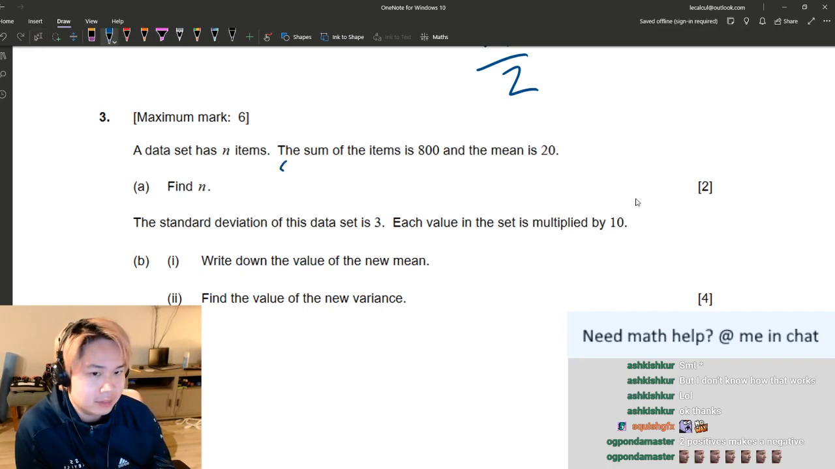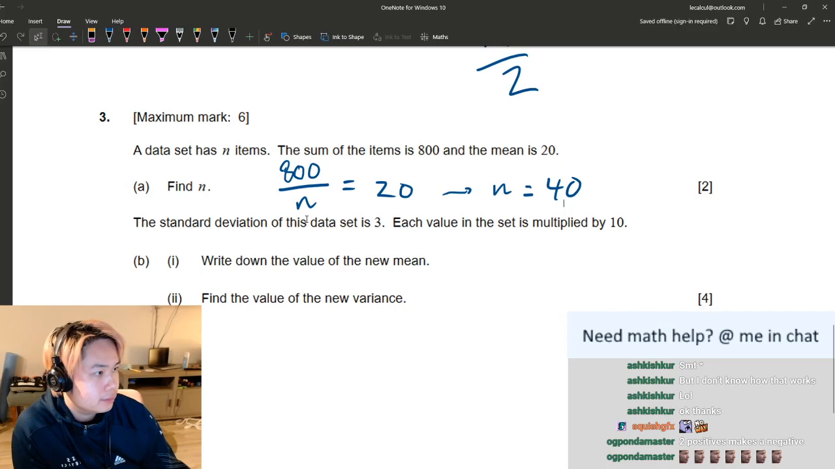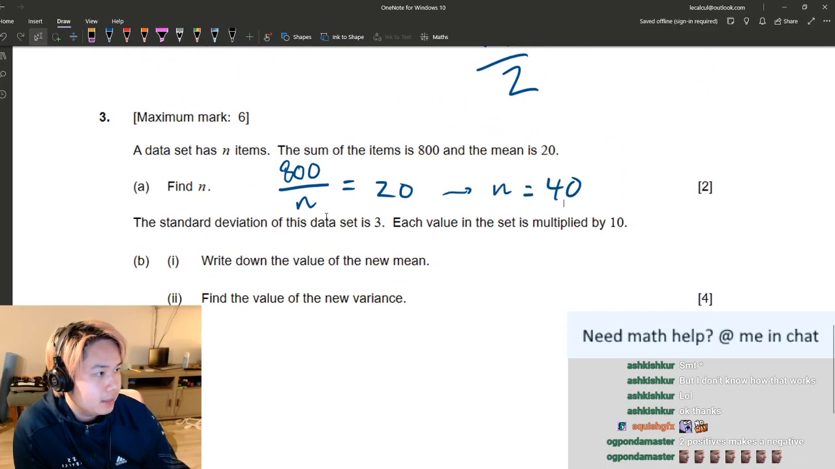Well, this is easy enough, right? Because the definition of a mean is if you take the sum of all your data and you divide by how many data points you have, you should get the mean. So that needs to be 20. In other words, n has to be, what, 40? Okay. Next up,